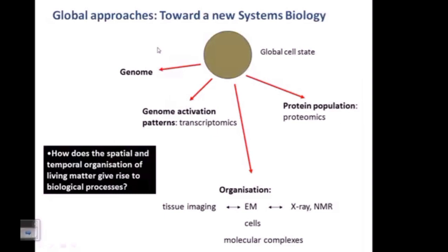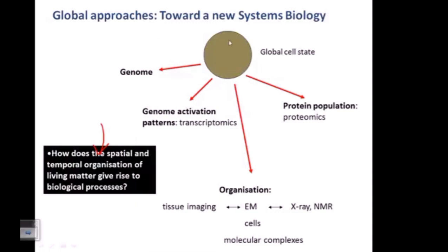Now, global approaches towards a new systems biology can come from these bioinformatic studies. So the question that we want to ask is, how does the spatial and temporal organization of living matter give rise to biological processes? This is an age-old question, coming to our minds from ancient times. Now it's time for answering these questions, and we can go very close to answering this kind of